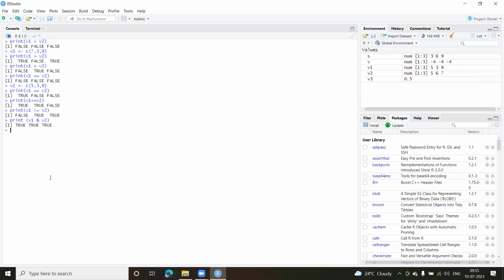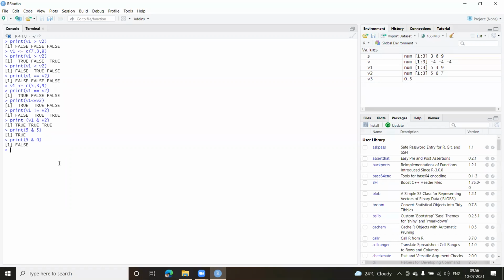When I use a logical and, I'll give a simple one. Let's say I'll use a single element. Say I put 5 and I put here 5. Both are non-zero numbers. It should give me true. Let me try 0 and see whether it is giving me true. It's not giving me true. Why? Because 0 is considered to be false. Logically speaking, a non-zero number is true and 0 is false.